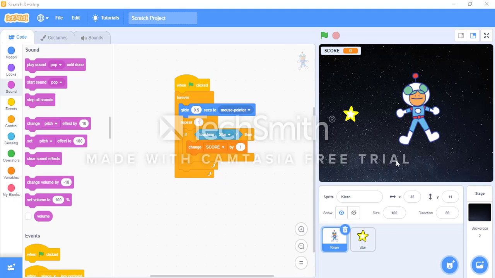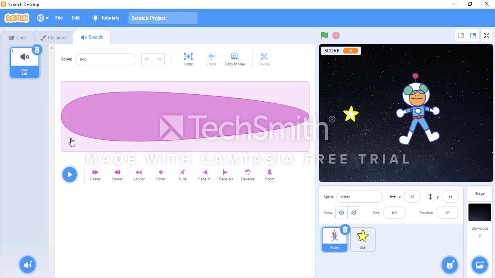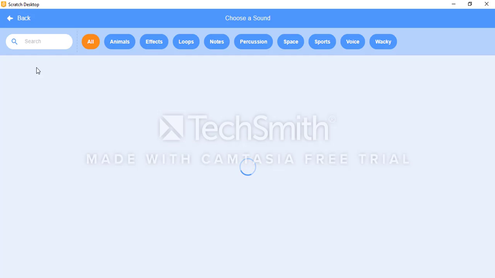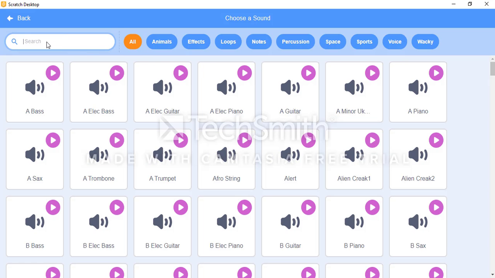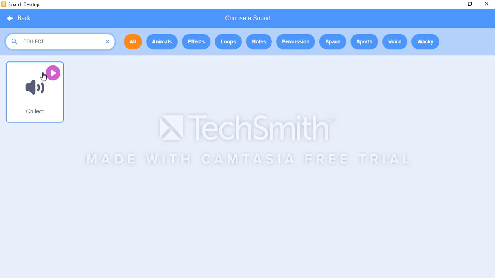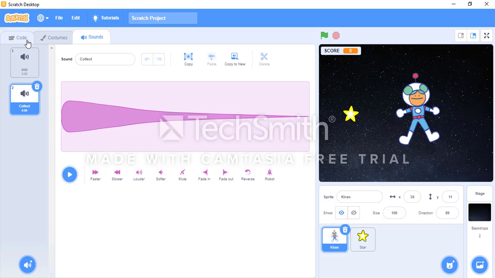Now as we are done with the coding, the sprites, the scores and everything, I want to give it a final touch by adding a sound. So I'm going to the Sounds tab, and I want to go with collect. Good one. Okay.